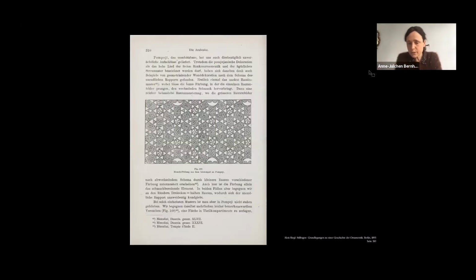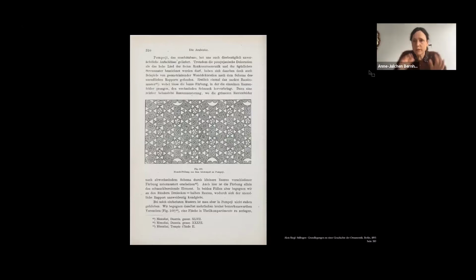Then there is a second book from a German author a bit later, who also did this kind of chronological explanation of the ornament in all epochs.